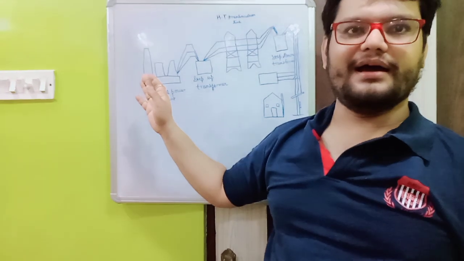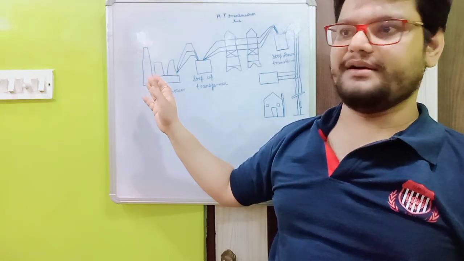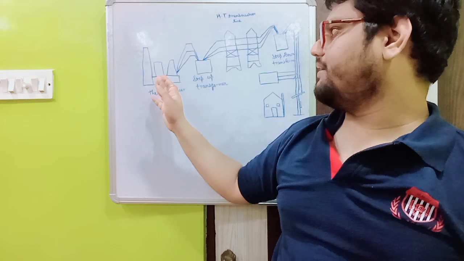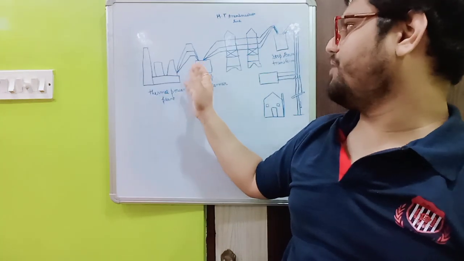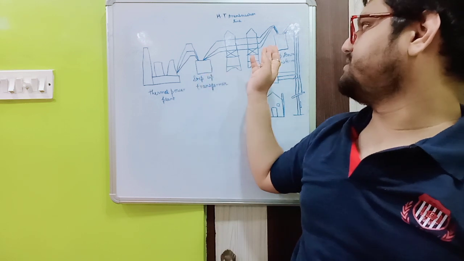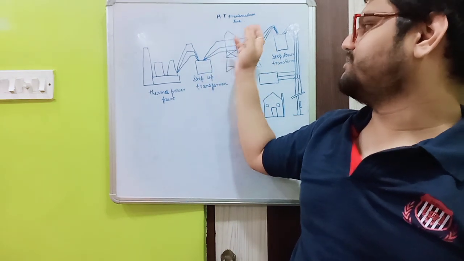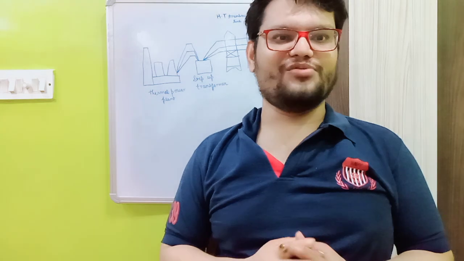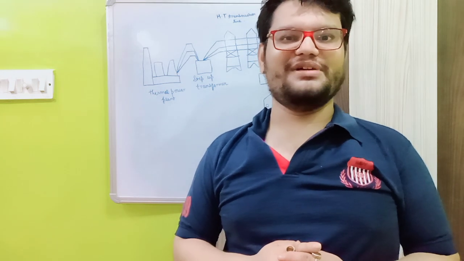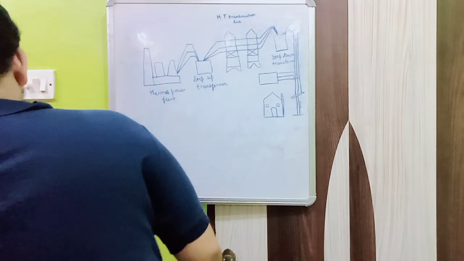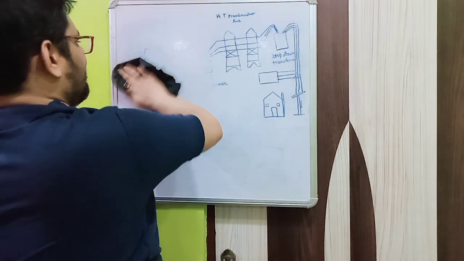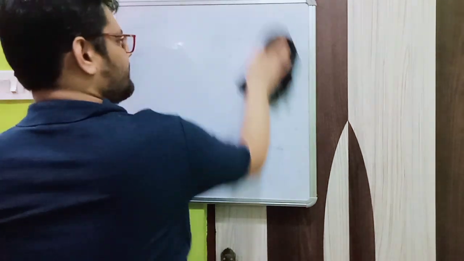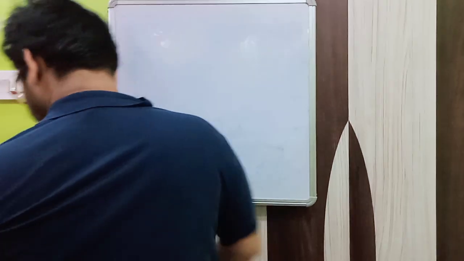There are the boiler, heat exchanger, air preheater, then supercritical boilers. Even in the supercritical thermal power plant, we have already discussed the transformer, step up and step down transformer, and the transmission line. So we are going to start one by one. Now I'm going to start with one easy question regarding the thermal power plant. So I'm going to start with the first question,